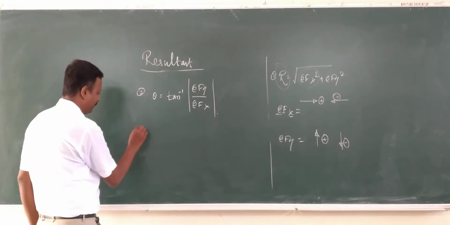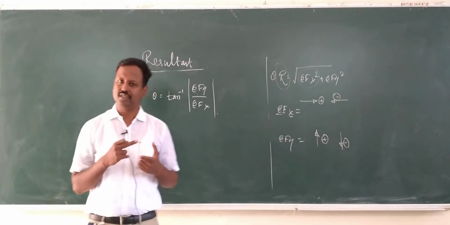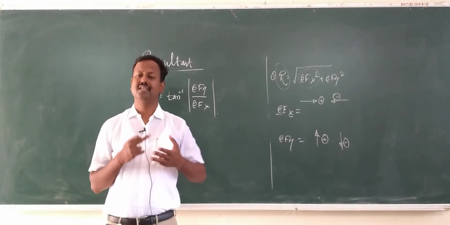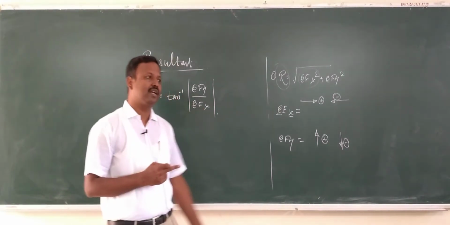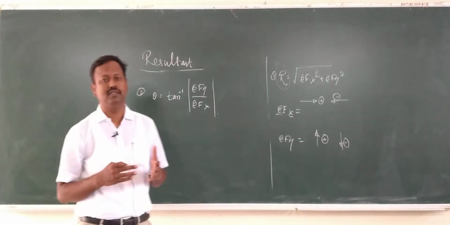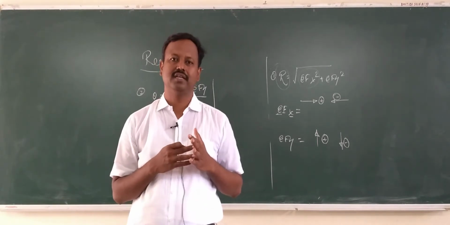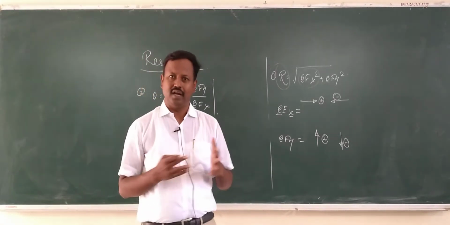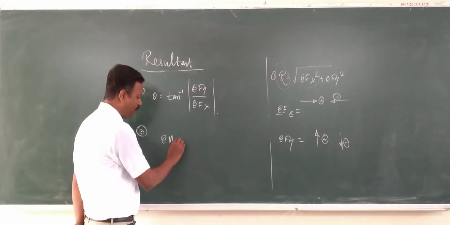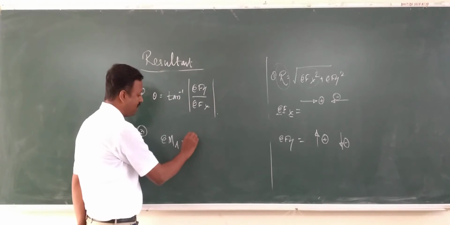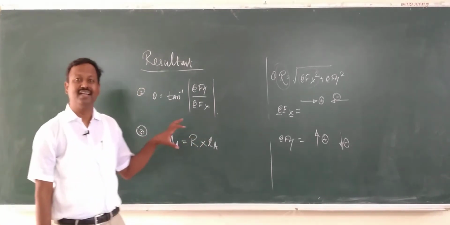Last and final step: to recognize any force we require three entities. First is the magnitude, second is the inclination, and the third and last one is the location of that resultant. To locate that resultant, we have Varignon's theorem. What does Varignon say? The sum of moments of all the forces at any point is equal to the moment of their resultant with respect to the same point. In terms of equation, what would it look like? Sum of moment at any point is equal to moment of their resultant with respect to the same point. So this is your Varignon's equation.